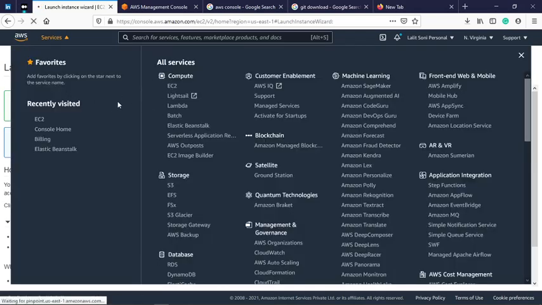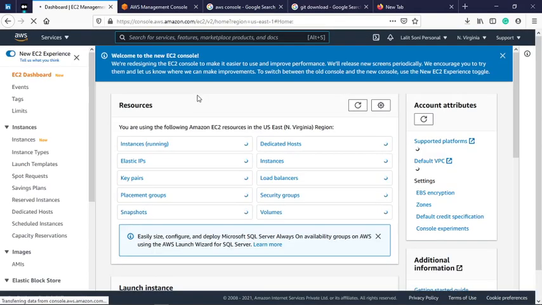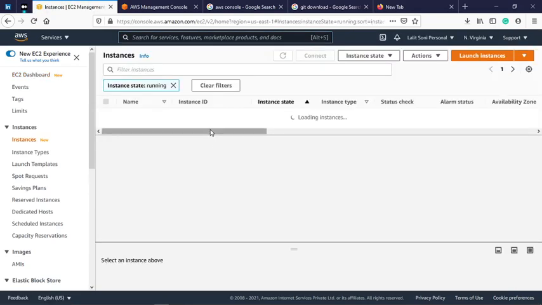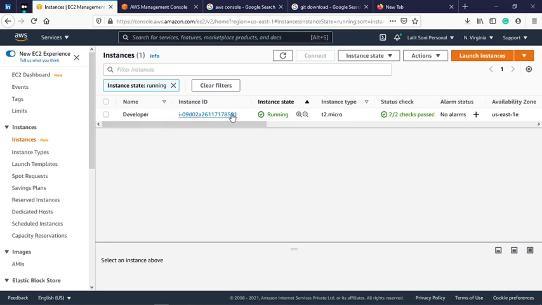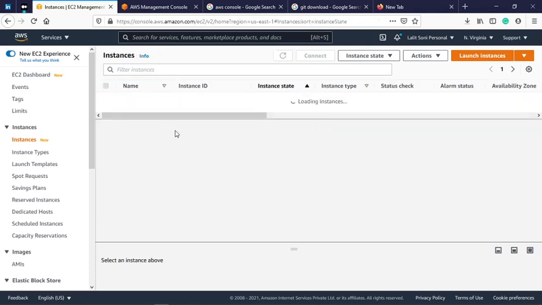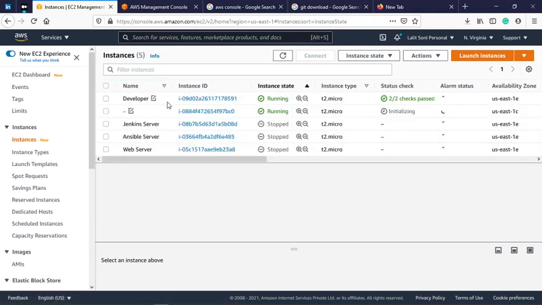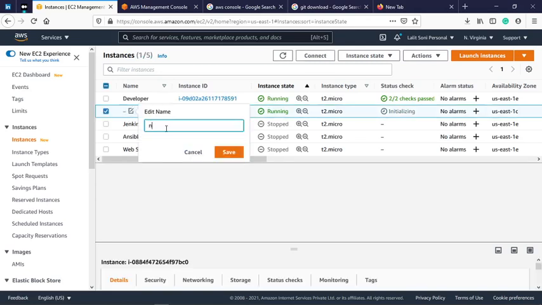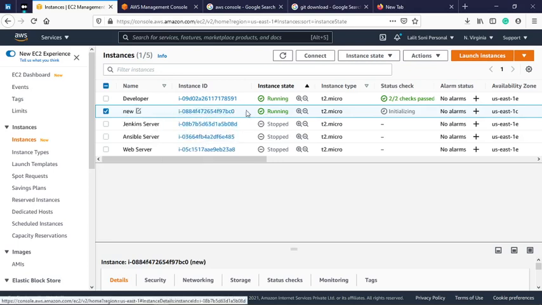Then we can go to the EC2 instances again, and it is updating our information. One EC2 instance is running. We can check which EC2 instance is running, and that is a different EC2 instance which I showed earlier in the video. Let's see, yeah, our new instance is still in pending state. I am giving the name of this instance as new, just to identify it correctly. Okay, now our new instance is running, like somewhere in the cloud our virtual machine is running.